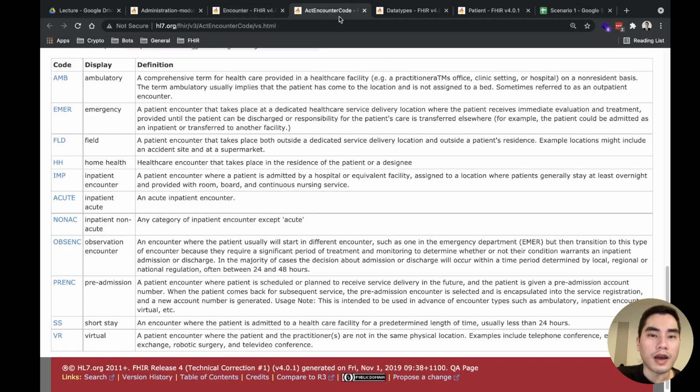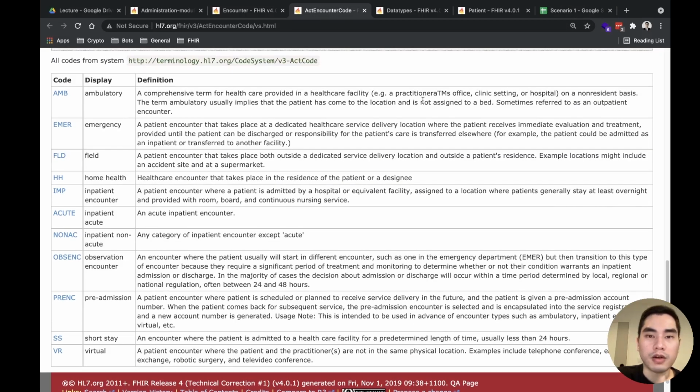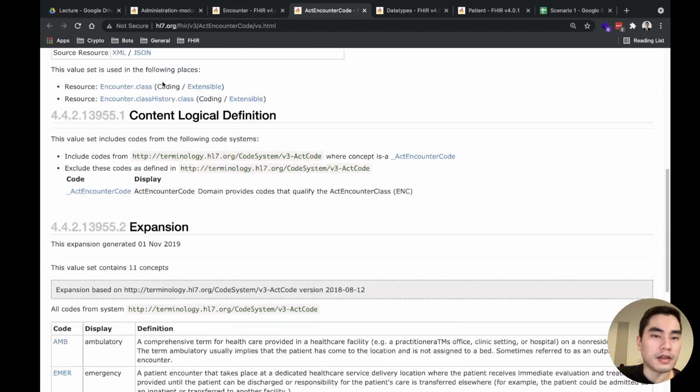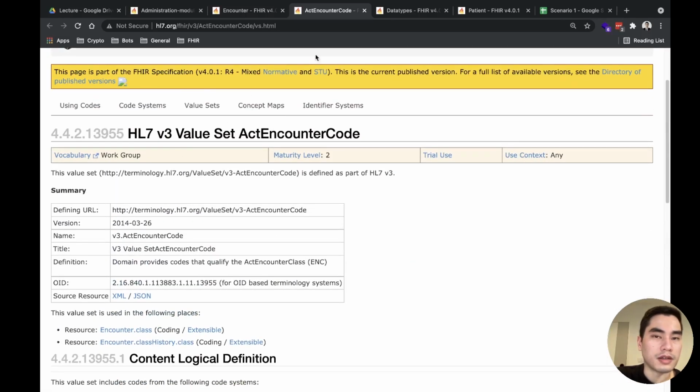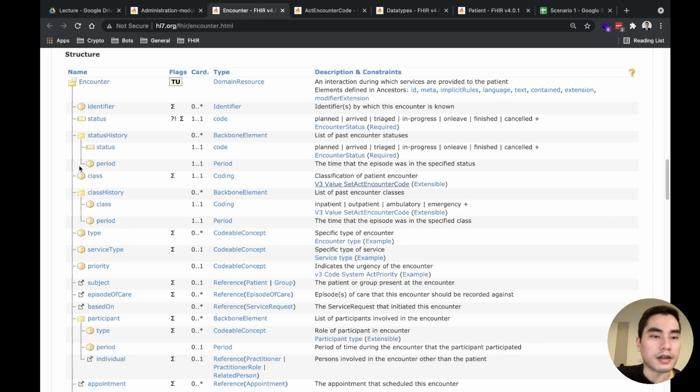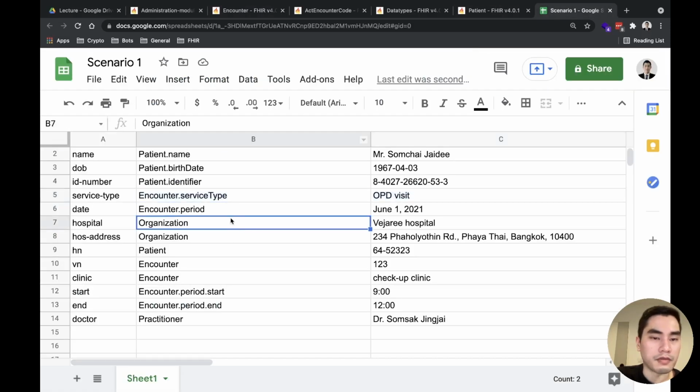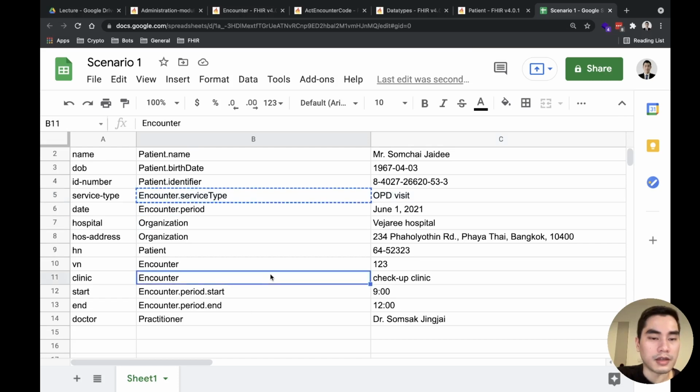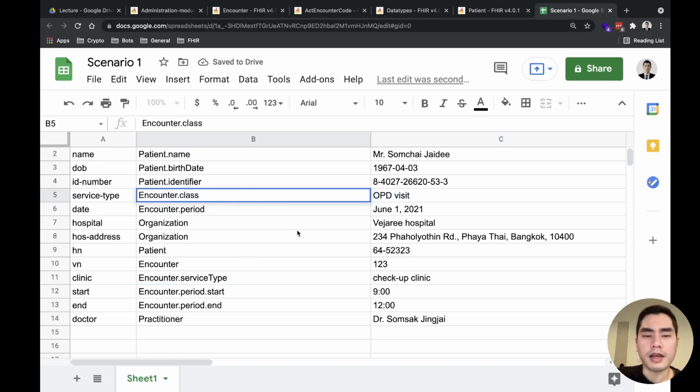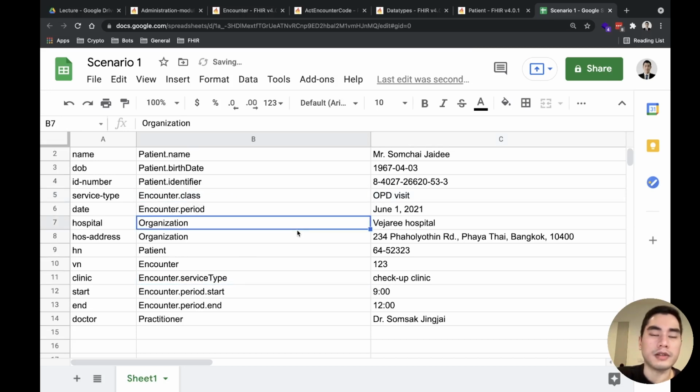So I think this one represents the concept more precisely. So I will use the encounter class here, and service type I will use here. Like I said, there is no right or wrong. Everything depends on agreement between the people who exchange information.